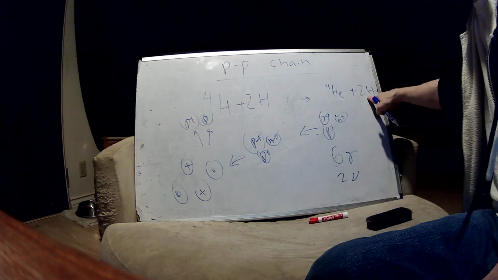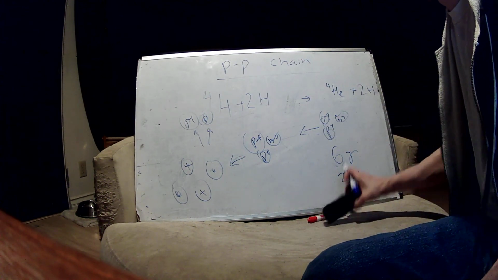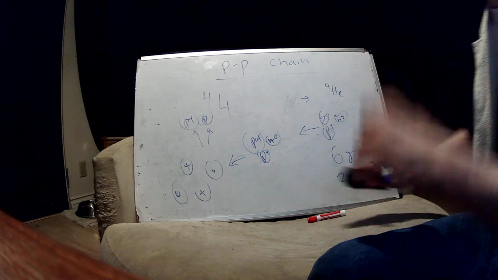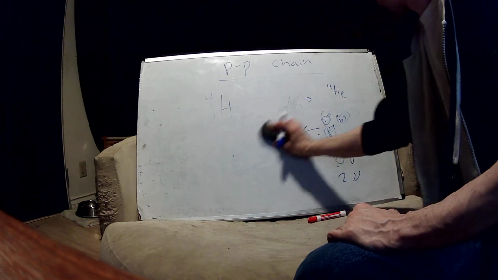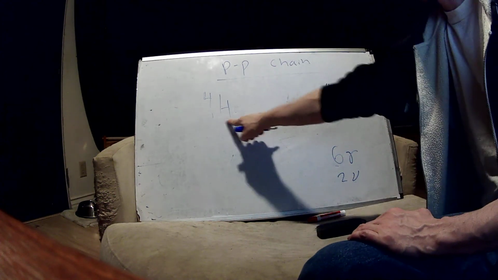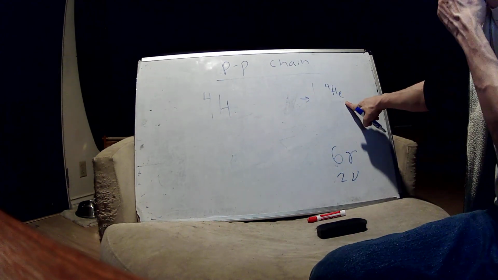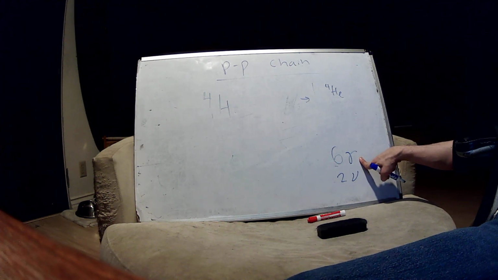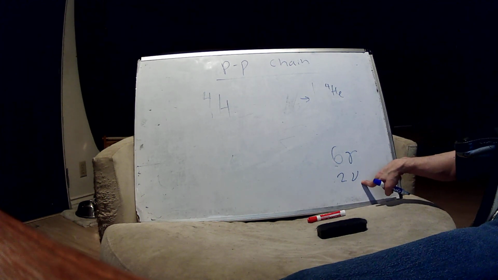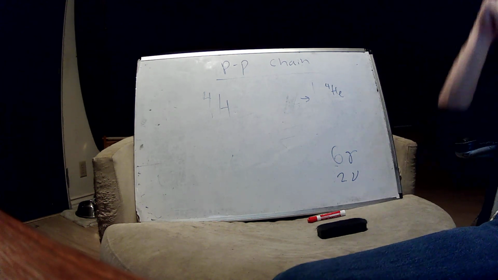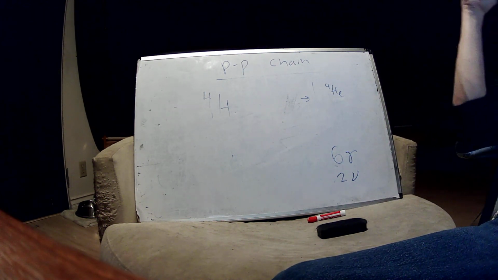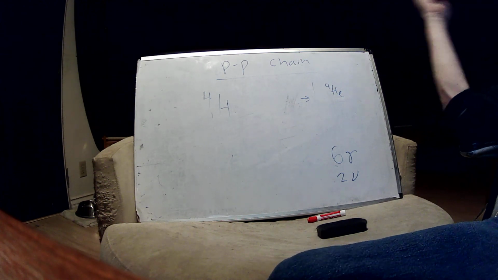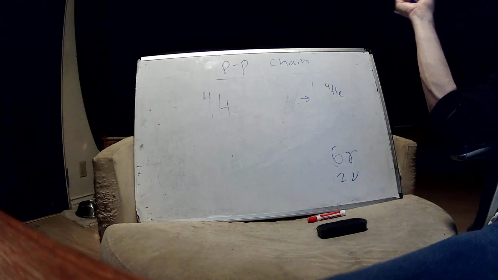Now we've got hydrogen and hydrogen here, so we can just cancel those out. And essentially, what we end up with is we start with 4 hydrogens and we smack them together to make 1 helium. And in so doing, we release a ton of energy, tons of gamma rays, really high energy, right? And some neutrinos from the beta decay events. Crazy, right? So we started with 4 hydrogens, we made a helium, and released a ton of energy in the